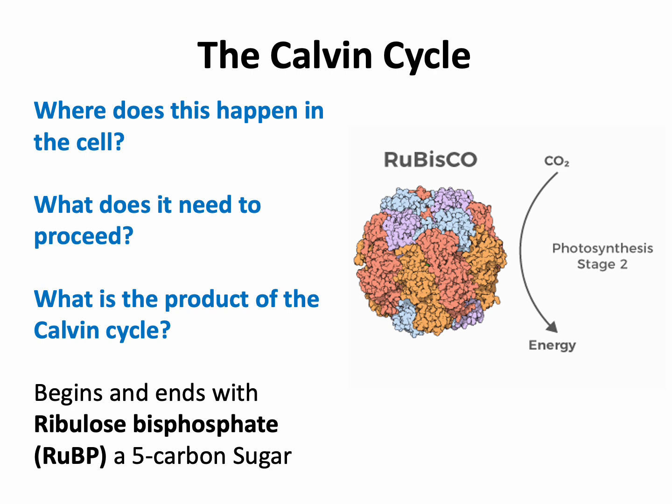Well, if you recall, the product of the Calvin cycle, the end goal is to produce a sugar, right? Glucose, although it's not really glucose that gets produced right away. So we'll talk about that. But the Calvin cycle, as the name suggests, is a cycle, and you need to start somewhere. So we're going to start with a molecule called ribulose bisphosphate, or RuBP. And RuBP is a sugar. It's a 5-carbon sugar, and it's going to be used to fix the carbon dioxide that's in the atmosphere.